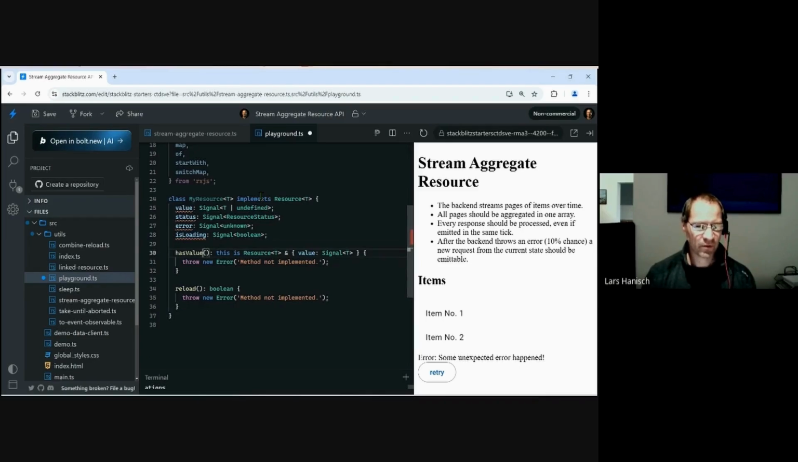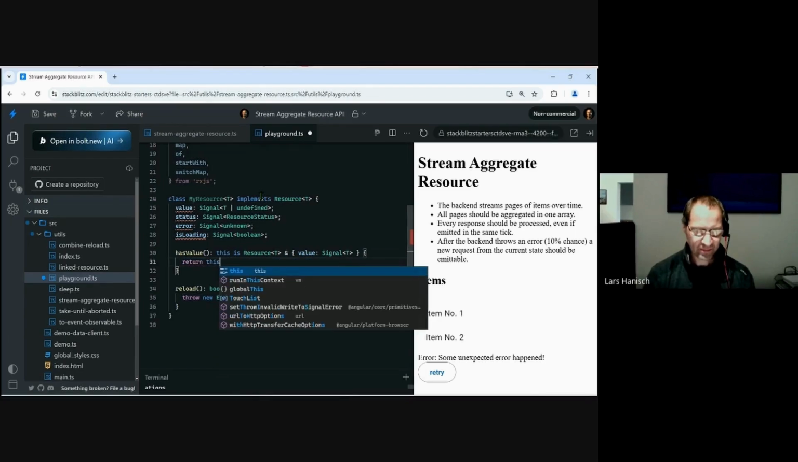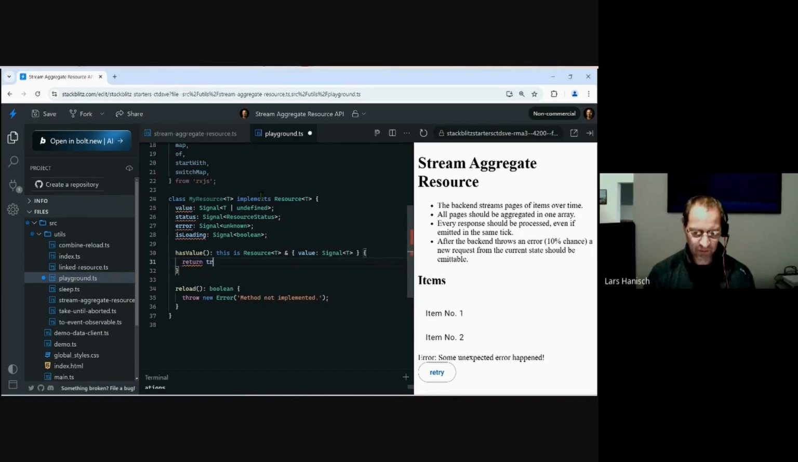And the two functions hasValue and reload are some kind of helper to help with the types this resource may be in. I don't know if you all know about these type assertions, which are really handy if you want to get type-safe code. So what this function is, it basically can just return this, or just a Boolean. Let's just return true. And when we have some variable,